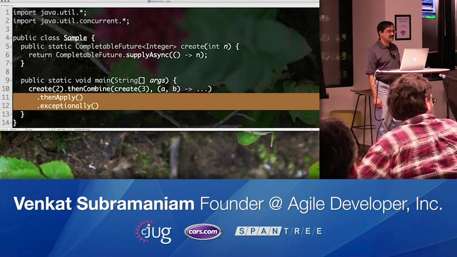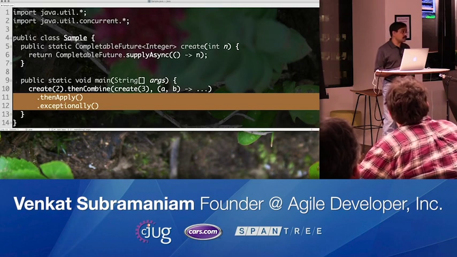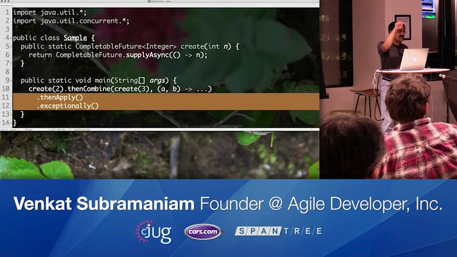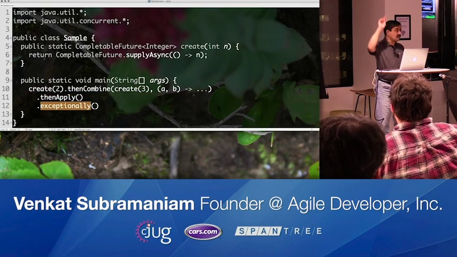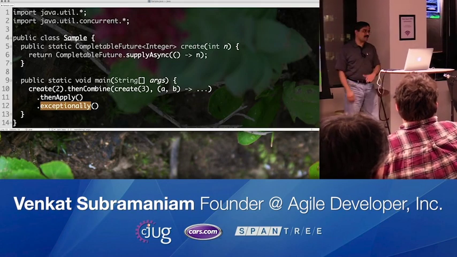So if I understand it correctly, if both the creates blow up and we handle it exceptionally in both, then the combine won't work. Well, no, it depends on what you do in that exceptionally. If that exceptionally blows up, you will get to this exceptionally. If that exceptionally resolves, you won't come to this exceptionally. Yeah. Again, it's purely the pipeline, right?